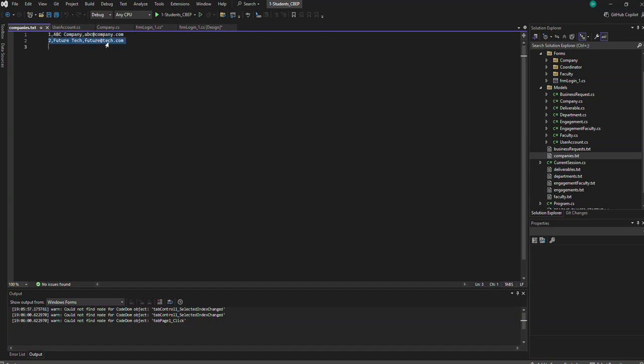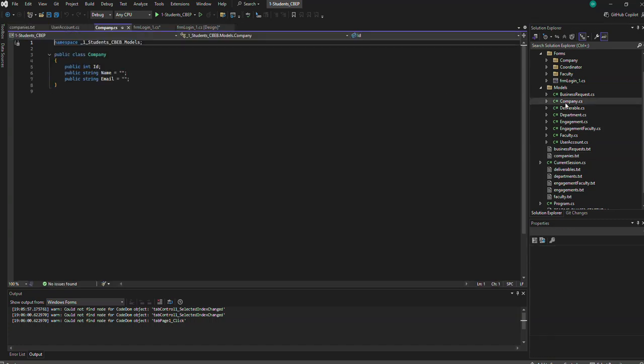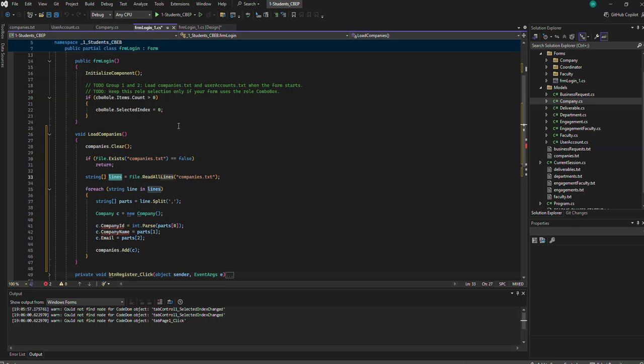Each line has a company here. See? But we have ID 1, name, email. So based on what? Based on this one. See, this is the company. It has ID, name, and email. But if you look here, where we are working now, see here,